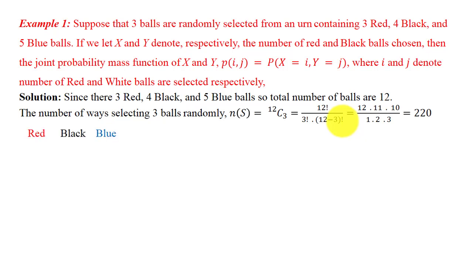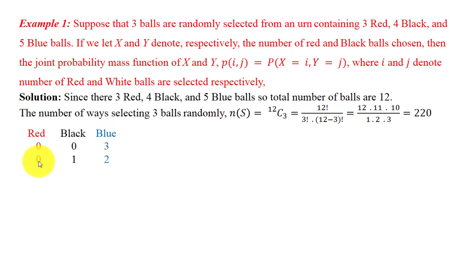Now see what the possibilities are. Since there are 3 types of balls, red, black and blue, and our aim is to select only 3 balls, see what the possibilities are here. Either we can select all 3 balls blue, which means 0 red, 0 black. We are selecting only 3 balls. The possibility that all 3 balls are blue. Or there is a possibility that 2 balls are blue, 1 is black and 0 red. There is a possibility that there is no red ball.